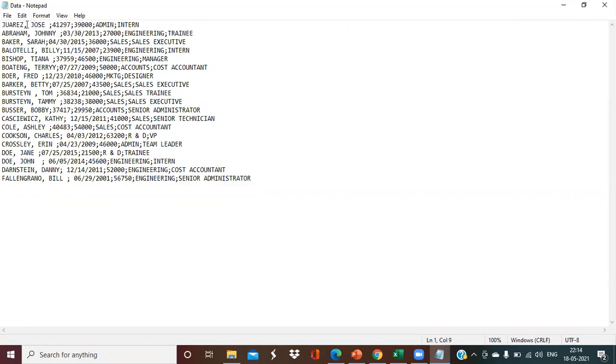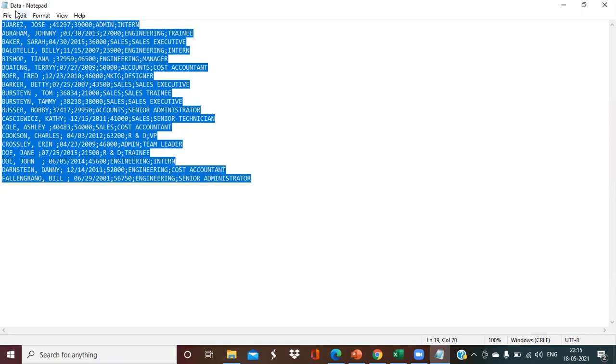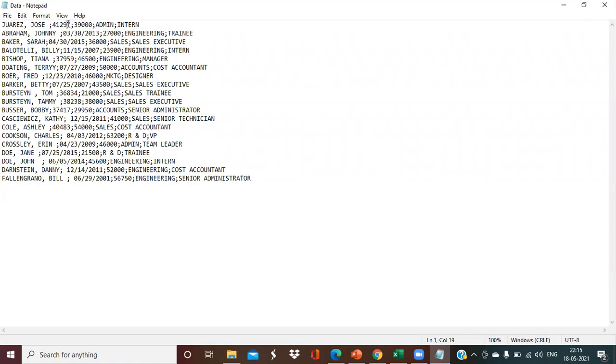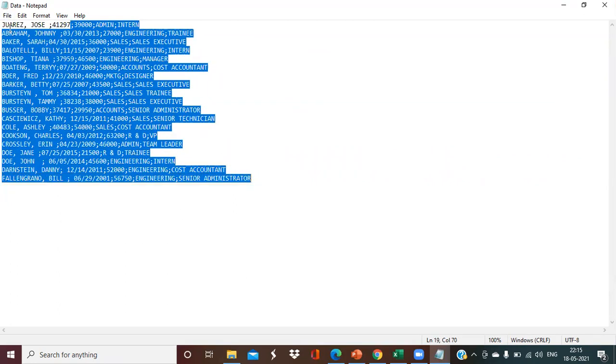The data looks like employee data, because it looks like employees' names. And then we have maybe their hire dates. We have some columns for salaries. Yeah, these are values for salaries. These are their departments, and these are their designations. This data contains around 5 columns: the name of the employee, the hiring date, salary, department plus the designation. And the values have been separated from each other using the semicolon symbol. So let's see how to import this data into Excel.